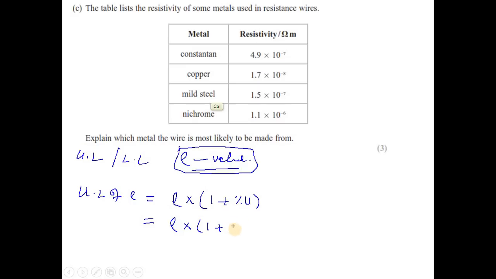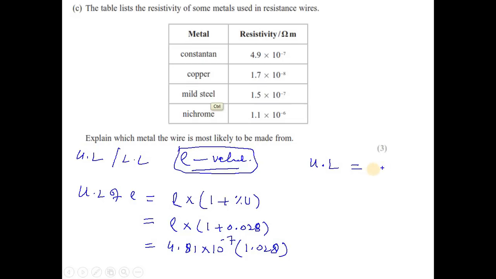So 2.8% is 0.028. So now you have your resistivity. Your resistivity is 4.81 times 10 to the power minus 7. This is your resistivity times 1 plus 0.028, that means 1.028. Once you multiply this, your upper limit of resistivity will be